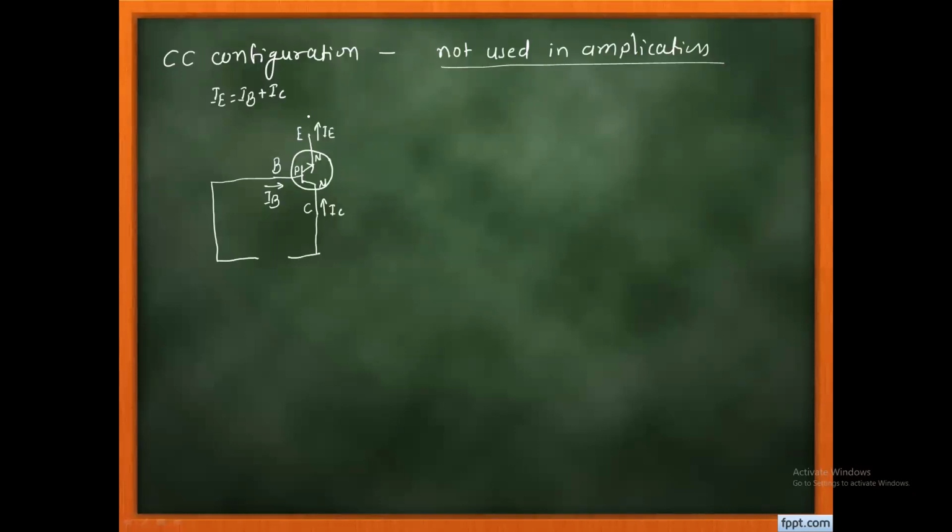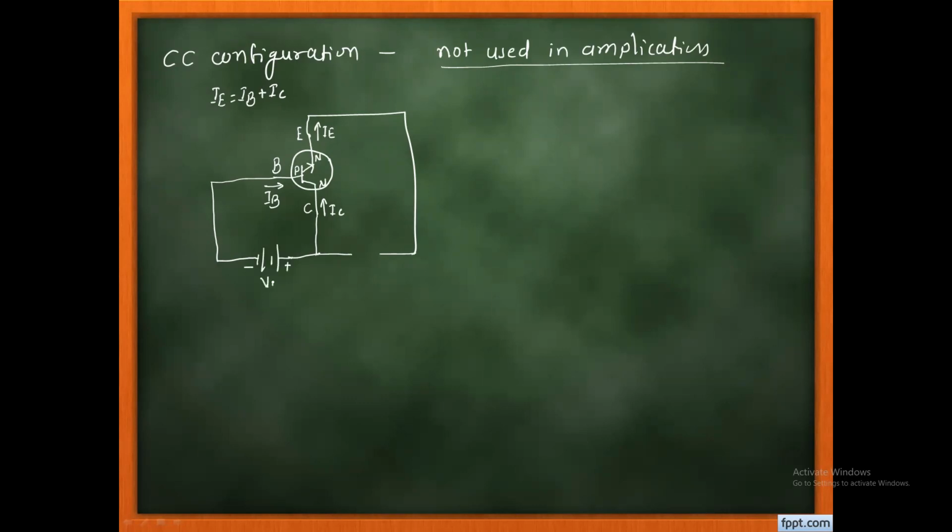And the output circuit is in between emitter and collector. We know that when we want to make the transistor work in the active region, the emitter to base junction we have to connect in forward bias, and the collector to base junction we have to connect in reverse bias. And as we want to connect it in reverse bias, the P region we have to connect to the negative terminal, and the N region we have to connect to the positive terminal.